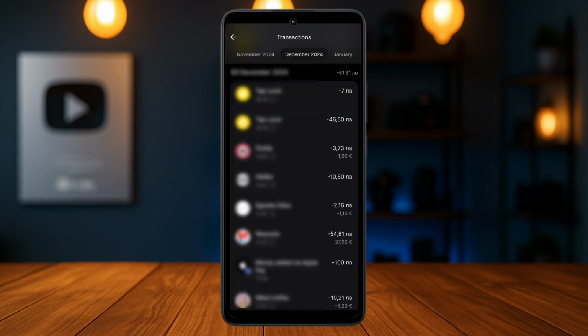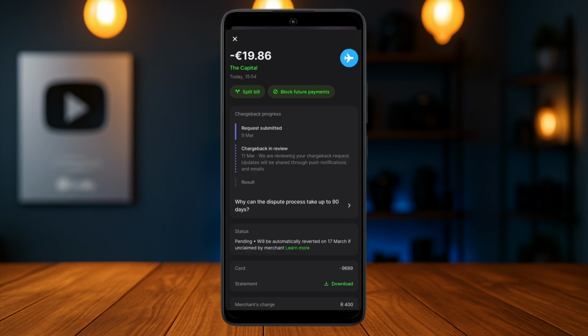section. Once you're inside of the transaction section inside of your Revolut, in order to create a dispute, you can just tap on any of these transactions that you're trying to create a dispute of. So just tap on one of these transactions to create a dispute. Now once you're inside of a particular transaction,